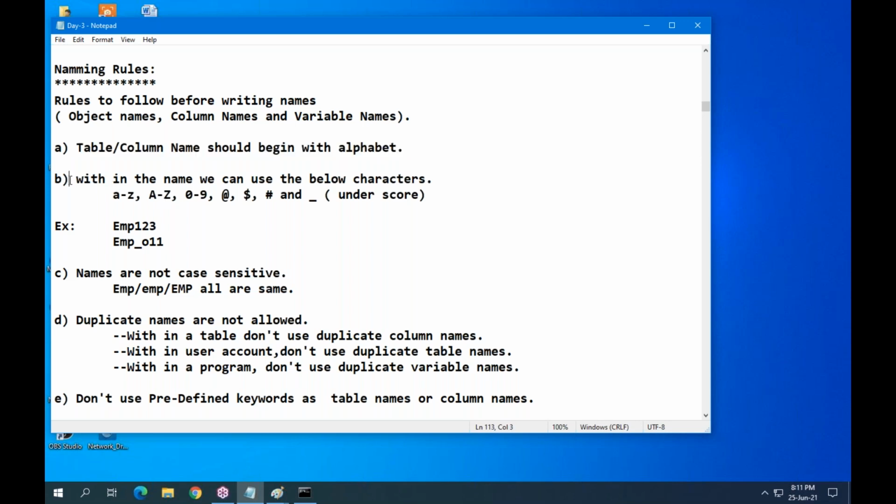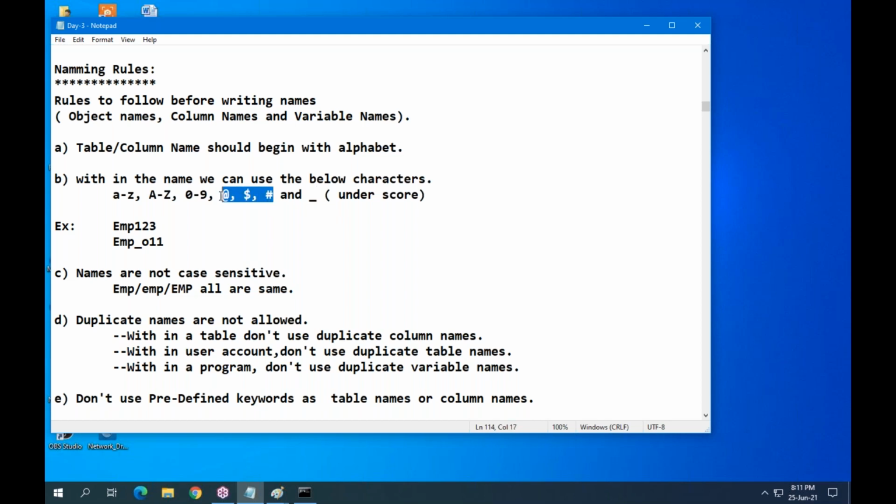And within the table name or column name, you can use alphabets, capital and small, digits, and also these symbols: @, dollar, hash, underscore. One point I'm covering, be careful.